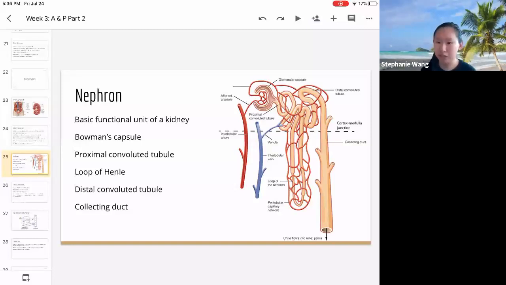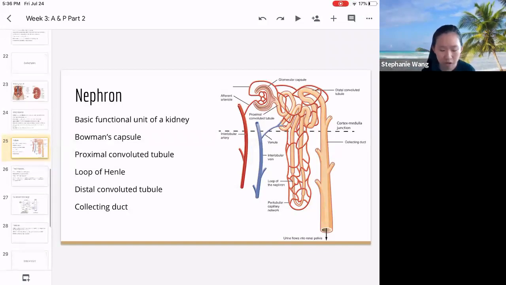Basically, the formation of urine is what a nephron does. Your body has a lot of fluids, and there's a lot of wastes inside the fluids. So the brief overview of what a nephron does is that it filters out the wastes into the urine and reabsorbs all the necessary ions and water back into the body. All of these parts, the Bowman's capsule, PCT, loop of Henle, DCT, are part of the overarching goal of excreting bad stuff and reabsorbing good stuff.